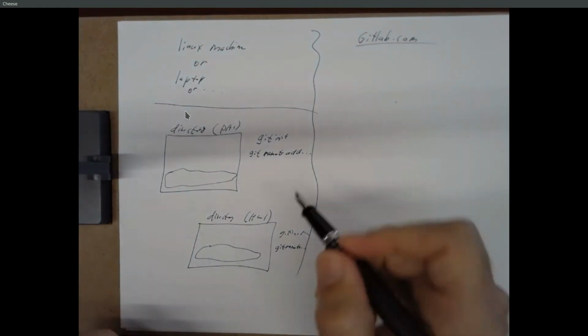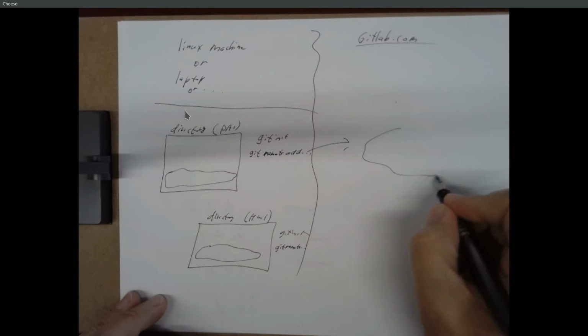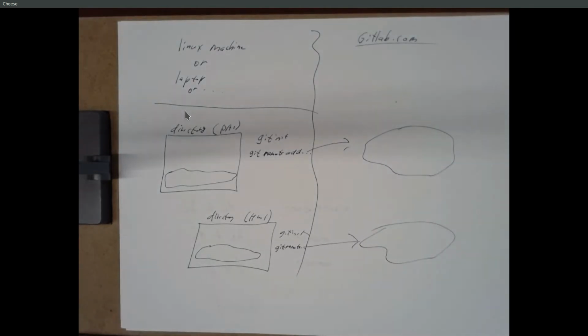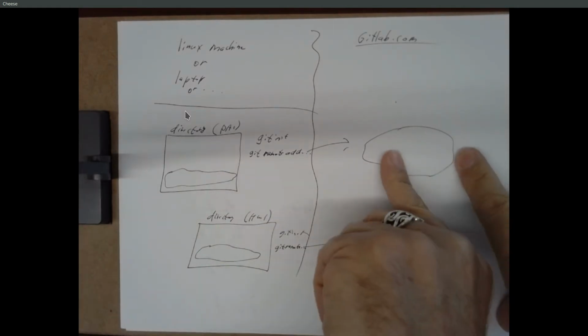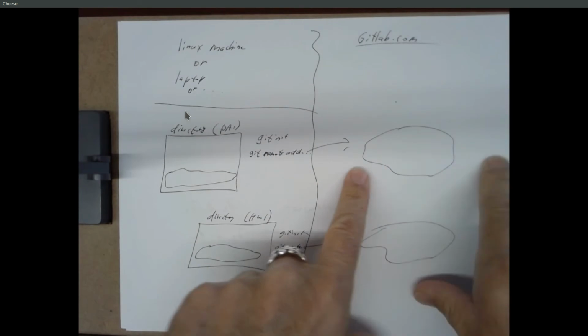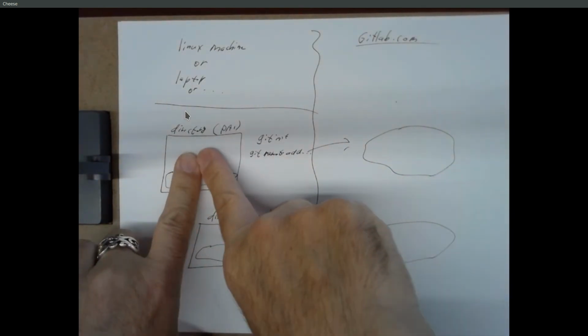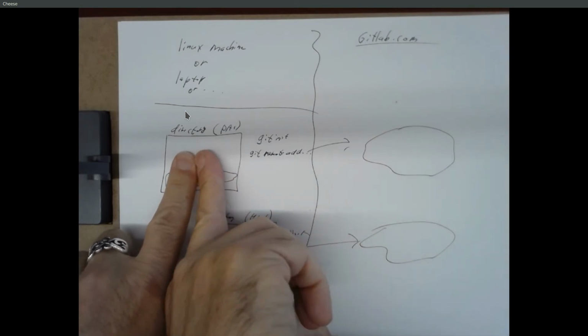So this git remote add is making the connection to some repository over here in the cloud. And the idea is now this directory and this GitLab repository are basically connected to each other. When you make files in here and you say git add, git commit, git push, it copies those files over